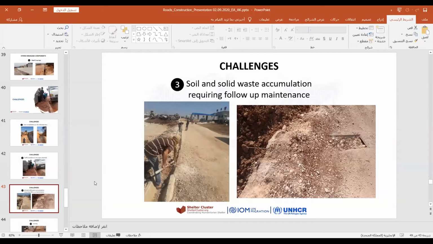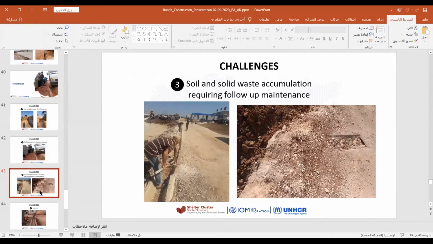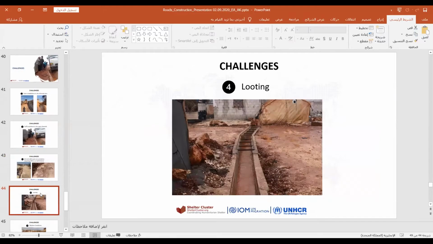And third, another challenge, which our colleagues mentioned, is soil and solid waste accumulation. Here you need regular maintenance work to take place. When winter comes and we have open channels, maintenance work should be conducted in order to guarantee that the water is being drained. Another problem is looting, unfortunately. As you can see here, in this channel that it is partially closed, and here I would like to talk about